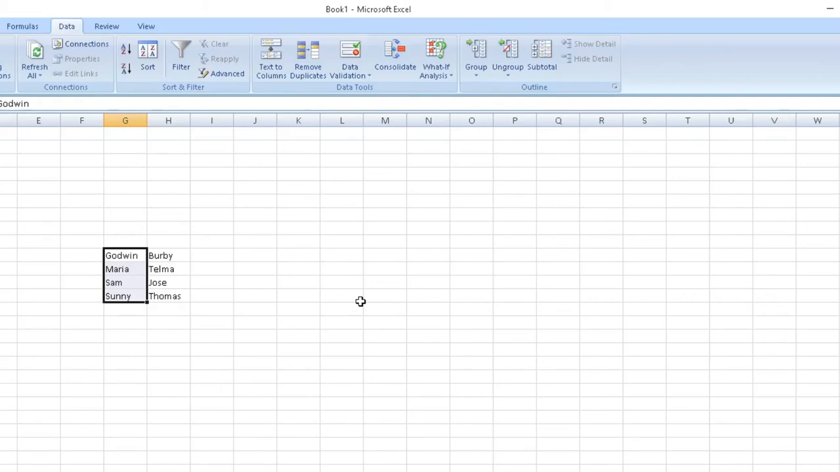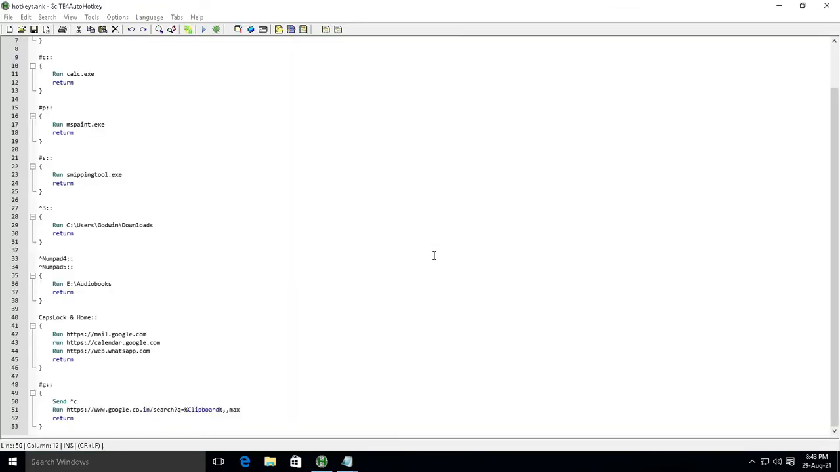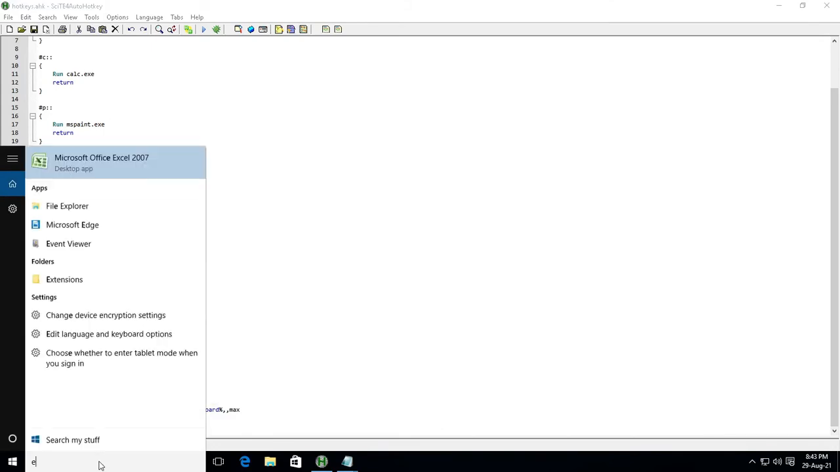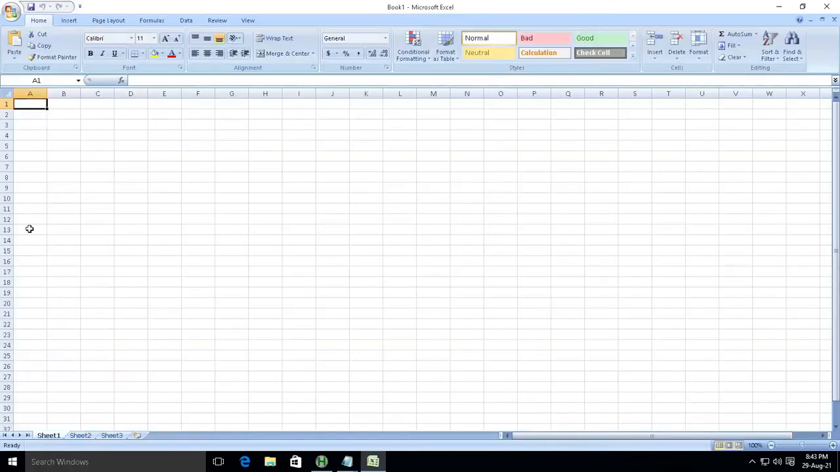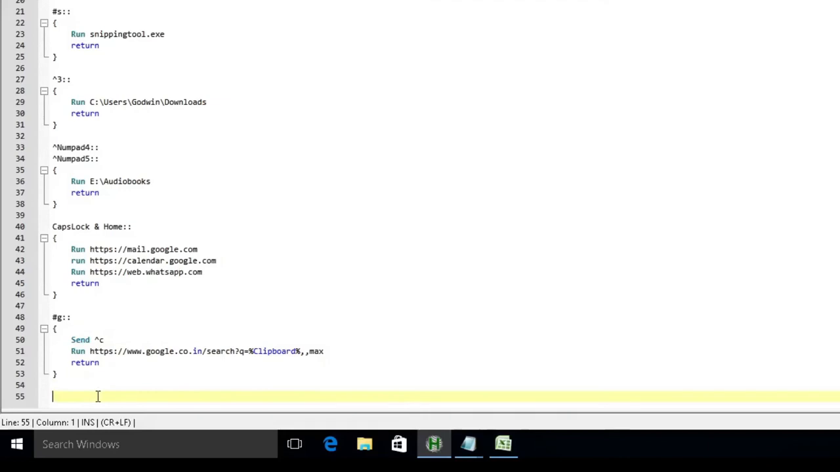So remembering all these key presses, you can implement or mimic all these key presses using the send command in AutoHotKey. So let's do that. I'm going to close Excel and open it once again. Paste the data. Come back into AutoHotKey. Let's assign caps lock and